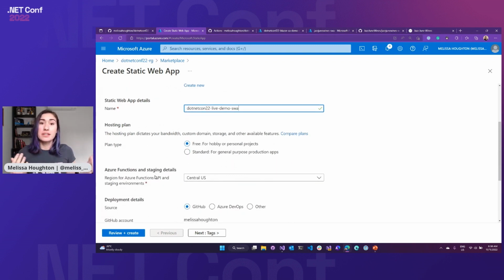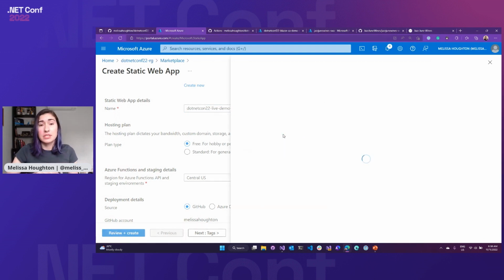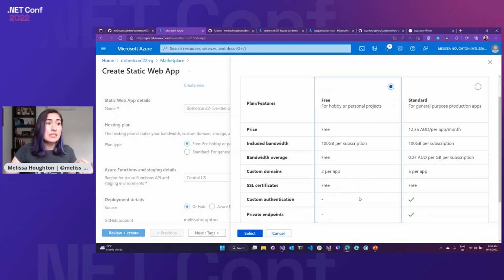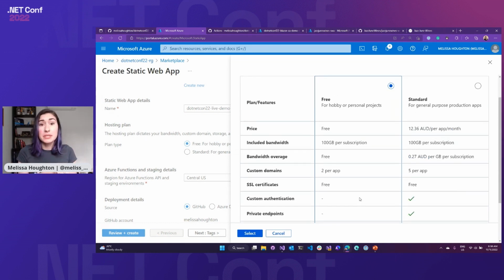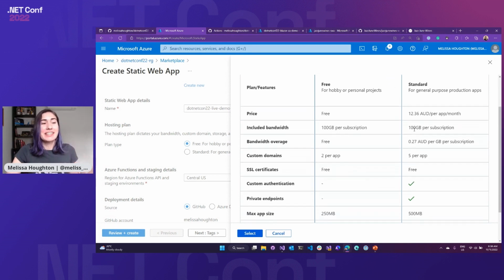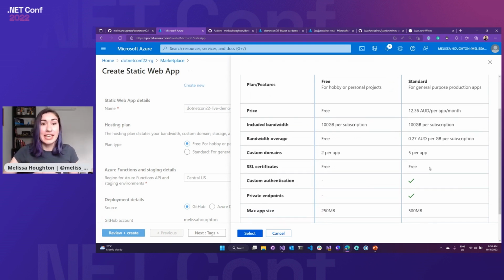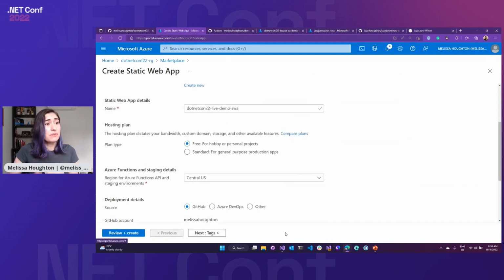And with static web apps, there's currently 2 hosting plans. So there's the free one, which actually gives you quite a lot of resources. So you can use those, the custom domains, you can have your SSL certificates, the built-in authentication is all part of that free plan for you there. So you can do a lot of powerful things without having to pay. But there's also the standard option, which in AUD, it's about $12. It's a bit less if you go back to US dollars. But that gives you a few extra features for you to enhance your larger production applications. So it's nice and affordable, and it gives us some options there.